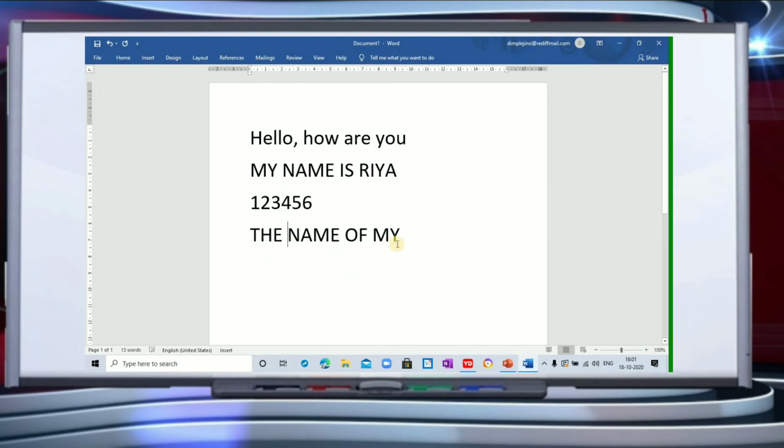See children, cursor is here. I'm going to take my cursor here. If I have to take my cursor up, I'm going to use up arrow key. You can see the cursor is moving up. So now my cursor is here. Similarly, if I have to use down arrow key, it will take it down. And if I have to use my left arrow key, see, I'm going to use left arrow key.